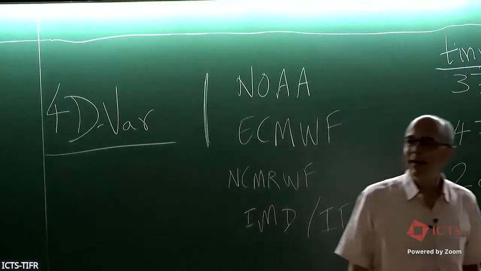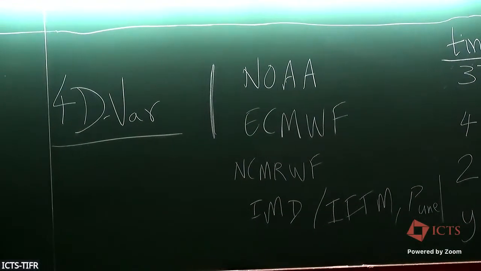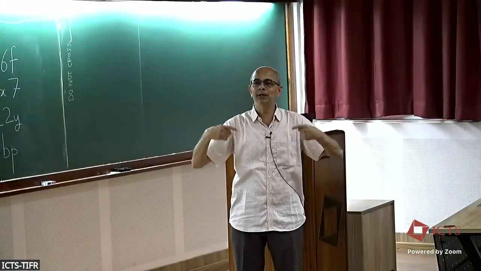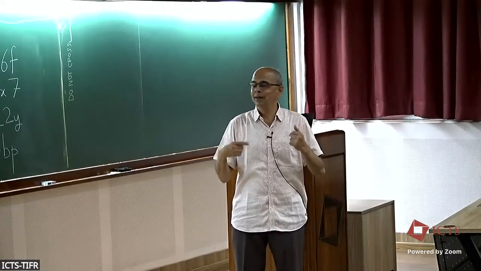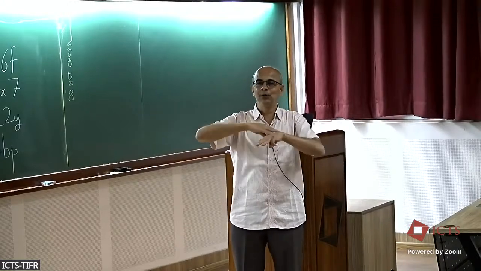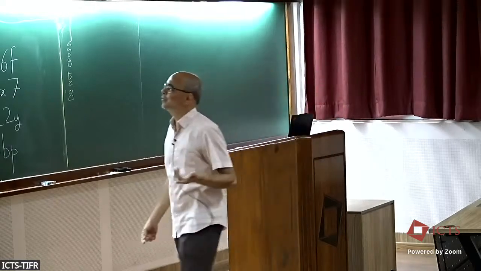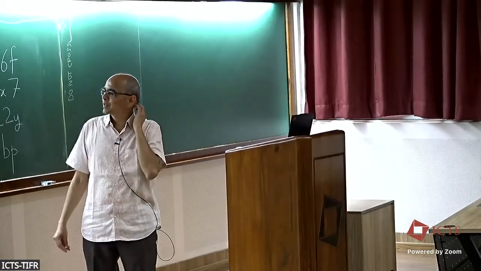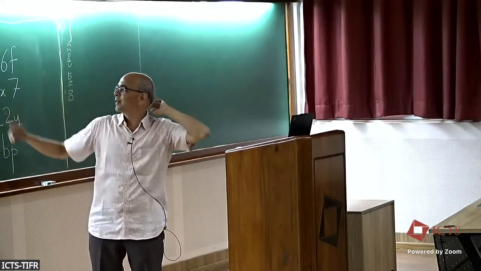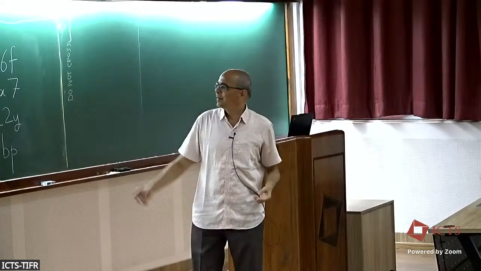4-dimensional variational data assimilation. 4D has a very weird origin. They used to do it basically without taking into account the temporal evolution of uncertainties, and that used to be called 3D VAR. Only the spatial dependence of the uncertainties was included, so that's why 3D, 3 space dimensions. So 3D VAR was where the spatial dependence of covariances was accounted for. When they started taking into account the temporal dependence of covariances, then they added the 4th dimension, so that's why